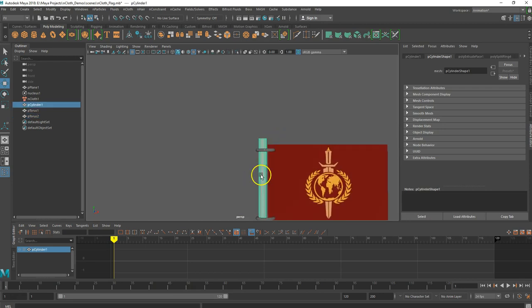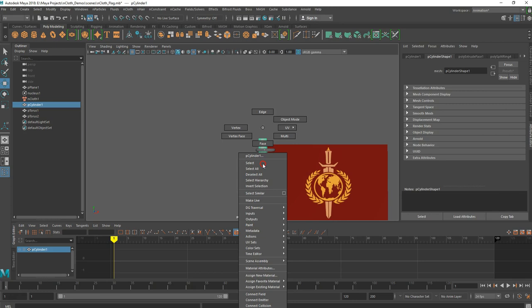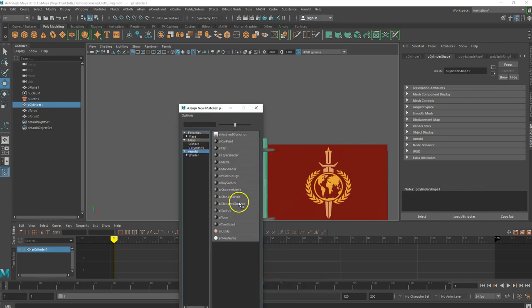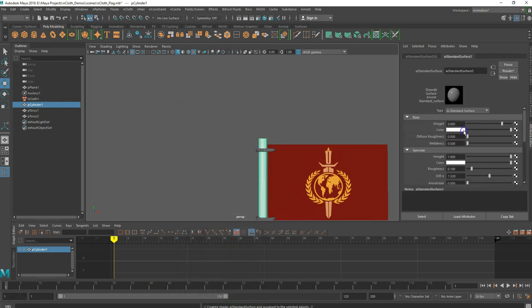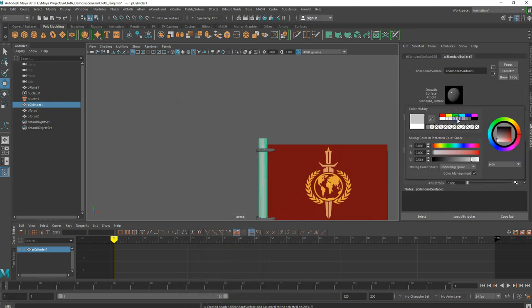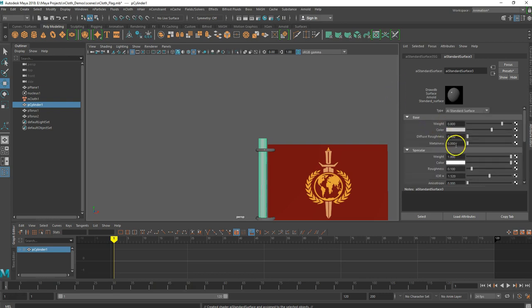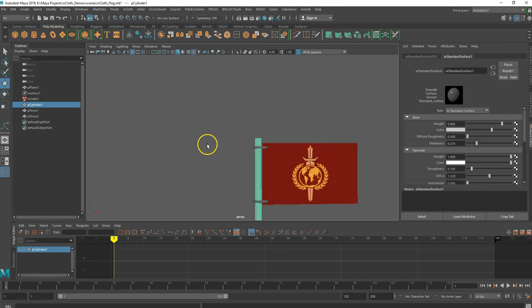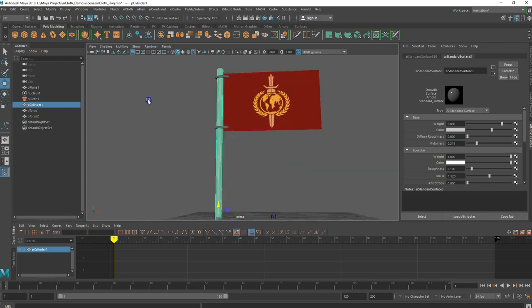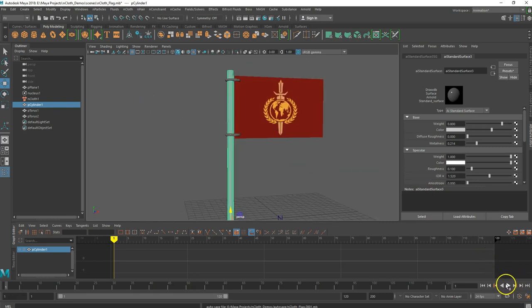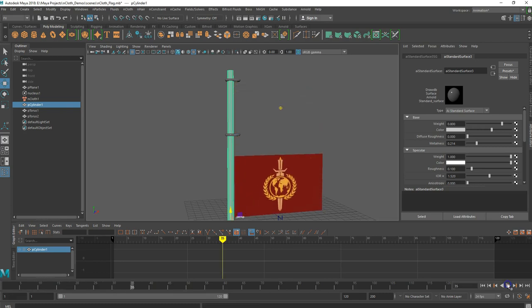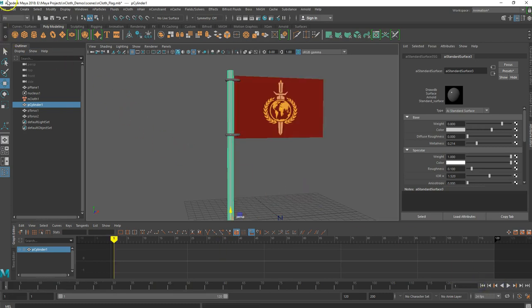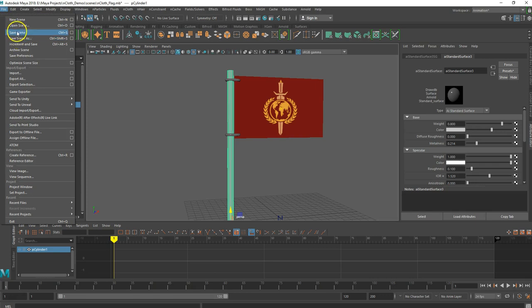On the flagpole, I'm going to also give it a surface, assign new material, Arnold shader, AI standard surface, and I'm going to give this a lighter gray color in an attempt to make it look more like aluminum. And I'm going to slide the metalness up a little bit on that as well. And now we have what looks like a flagpole, but again, if we hit play, our flag just falls off. So now make sure we save it,